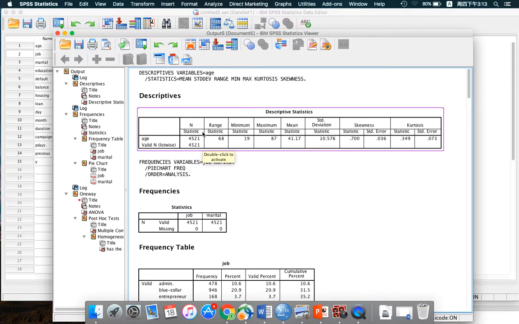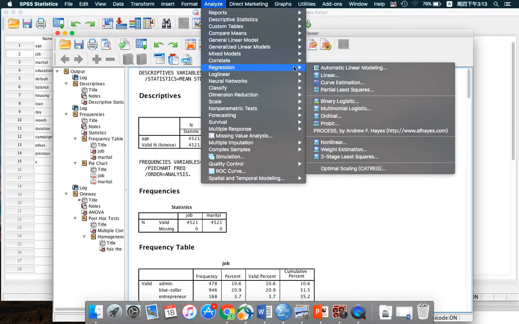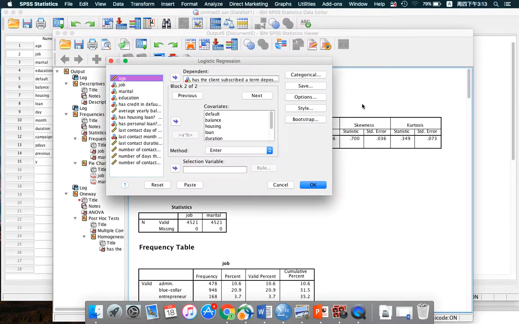And for a more relational test, we make a regression. Since our dependent variable is 0, 1, we use binary logistic. Still, we put the dependent variable here. This time I put age as the first step, which is the control variable. The next step is the other variables, but not the ones that are nominal scale or categorized.